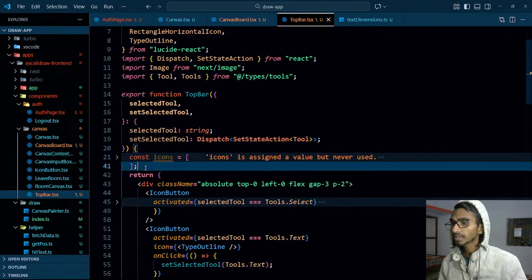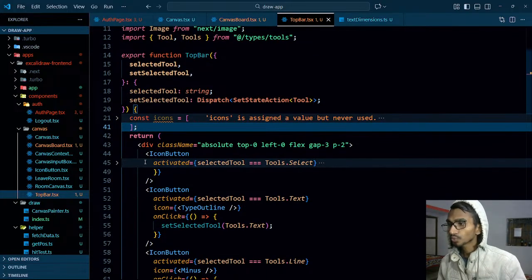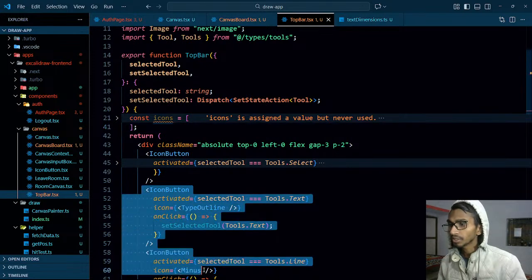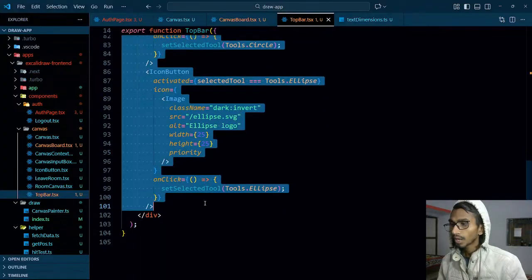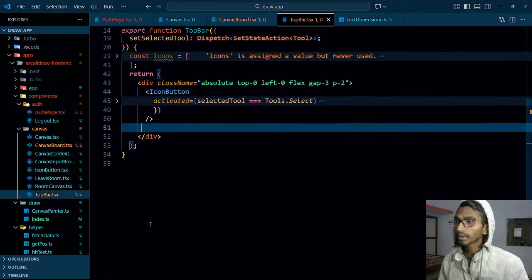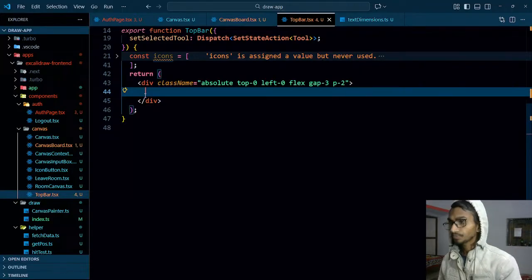Once I created the icons array, what will I be doing? Pretty simple thing, I will be using just one of them, not all of them. So let's remove the remaining ones from here. Now I don't need this much code, I just need one icon and I will loop through the things. Okay, so for that thing let's cut it even from here. What I'll be doing,